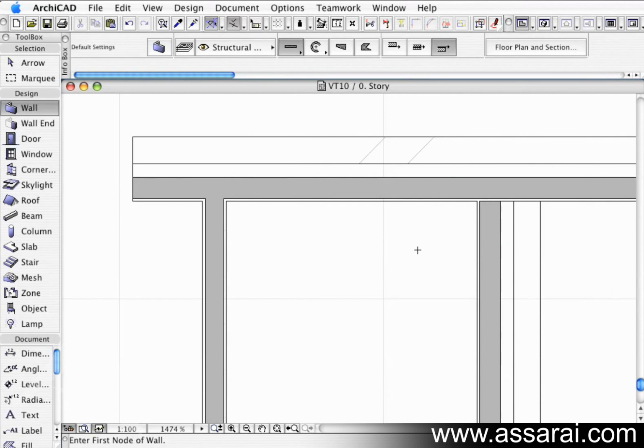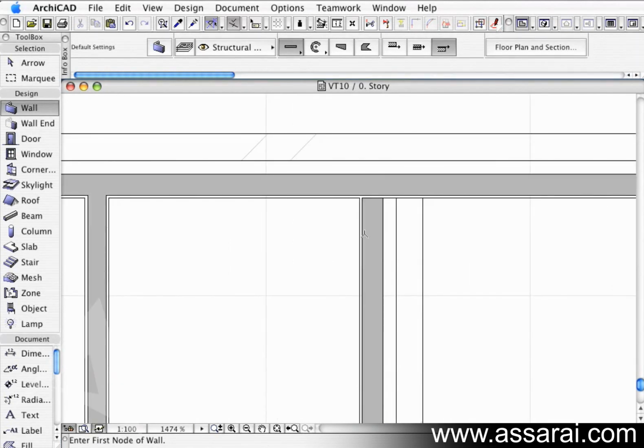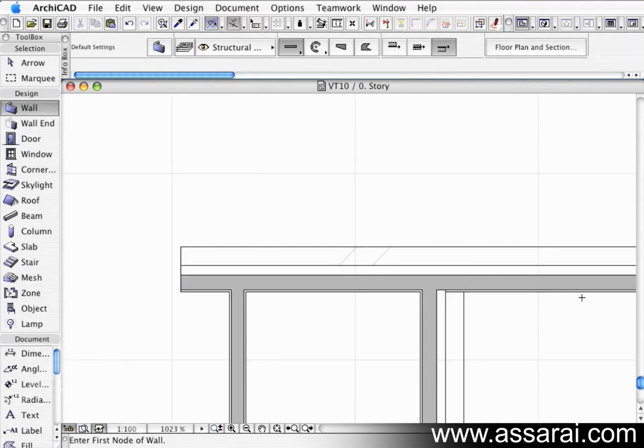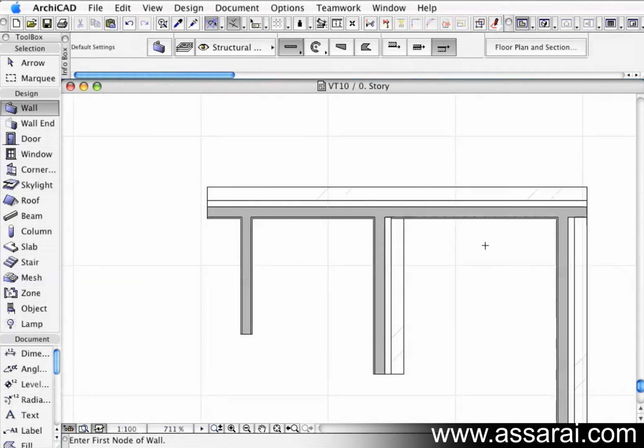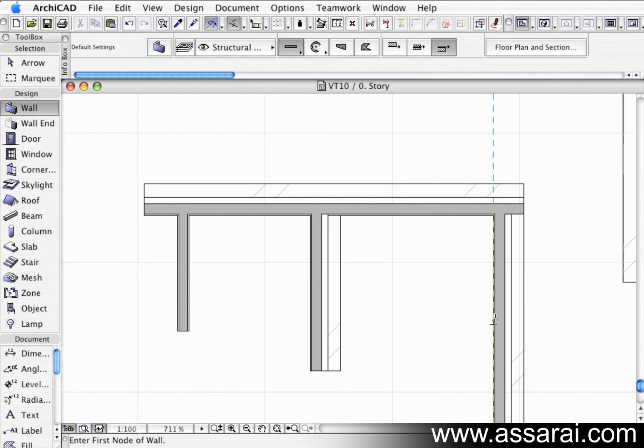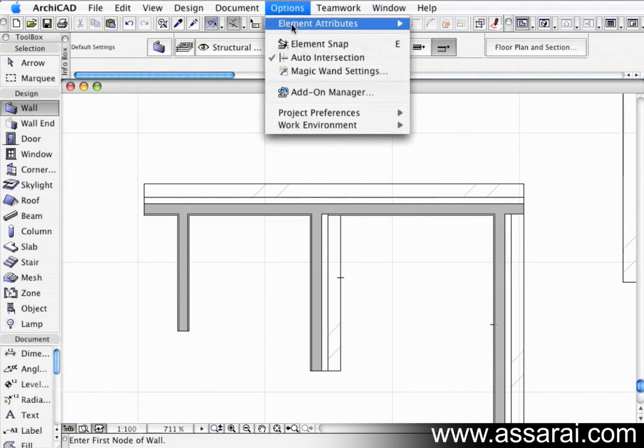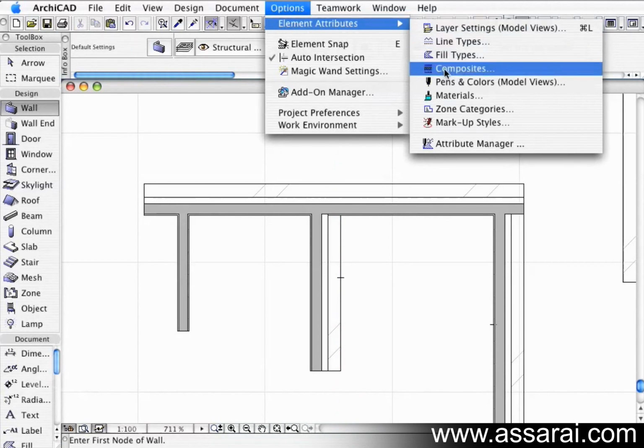So this way that wall can't go all the way through. But we've also got another issue over here, and to overcome the issue over here, we have to set up the same wall but with an external prefix and another wall with an internal prefix. So if I go to options, composites,